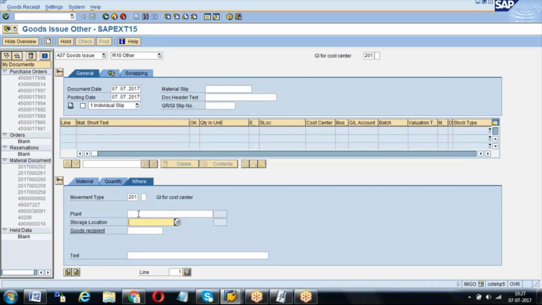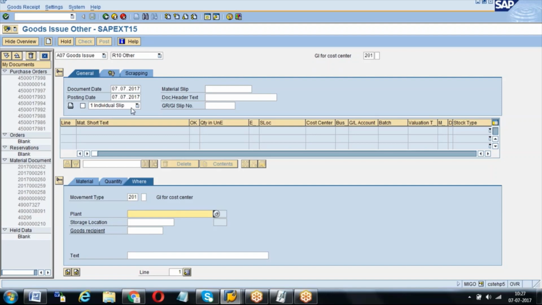Here, generally, goods issue we are doing, right? 201 means some department within your plant. When do you use 201? The plant is same. In your plant, you are issuing to the admin department, or to HR, you are issuing within the same plant. That's why you don't see the destination and all those things.